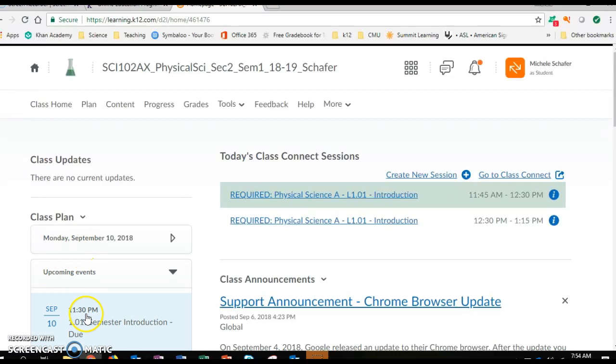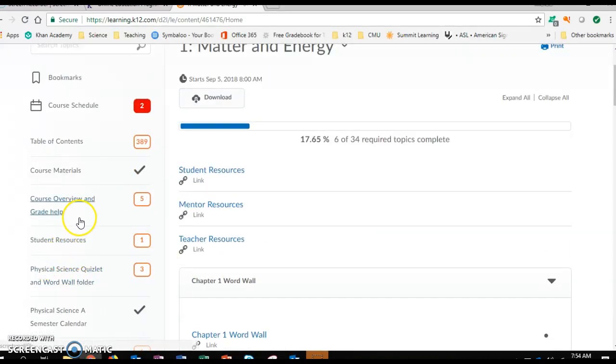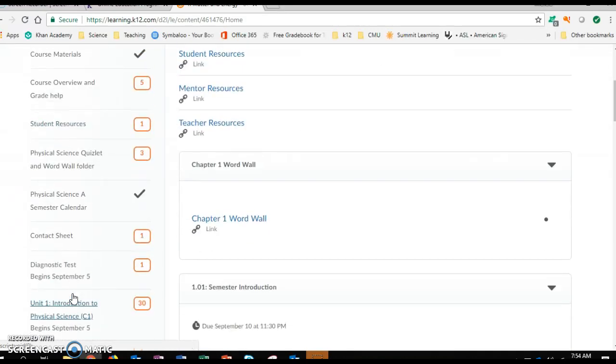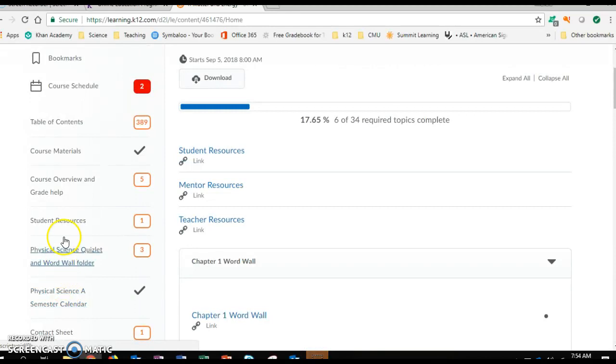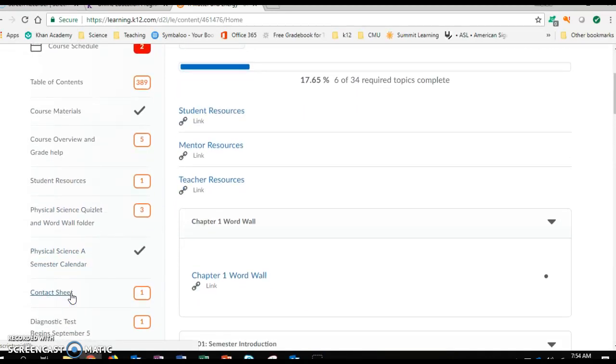Sometimes you'll find some of these assignments down here in your class plan, but the best bet is always to go into the Content tab. And then you'll look for the assignment that you're looking for. So if you scroll down here on the left side, you'll see these folders, and you'll scroll down. I'll give you the example